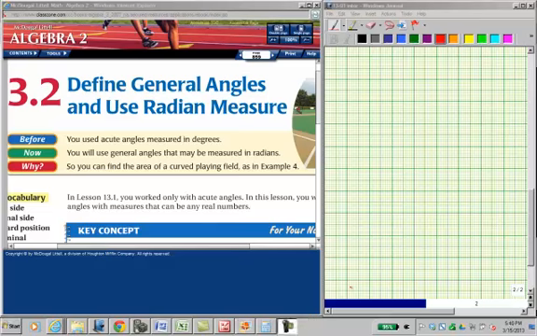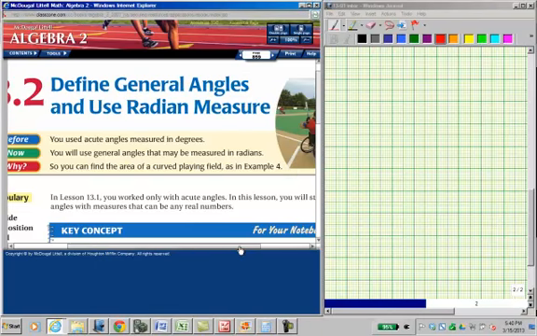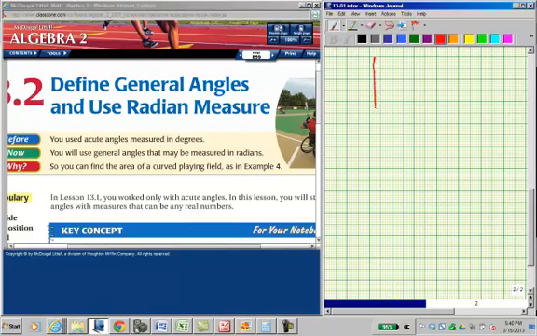So we're into 13.2, not 3.2, but 13.2. And we're going to define general angles. That means an angle of any measurement. Okay, so with the right triangle deal, here we had the old right triangle in 13.1, and we've had this